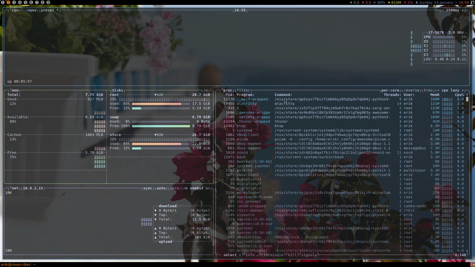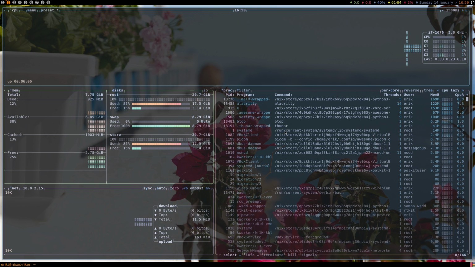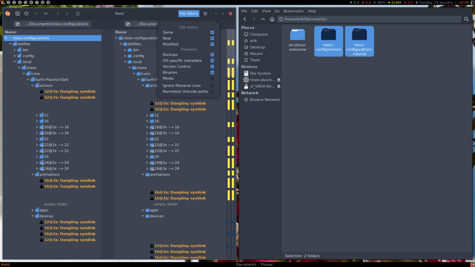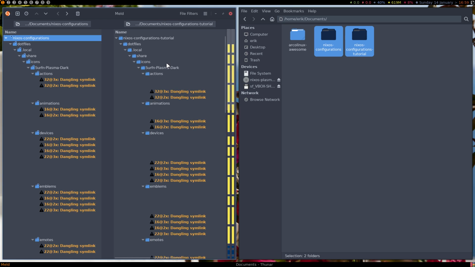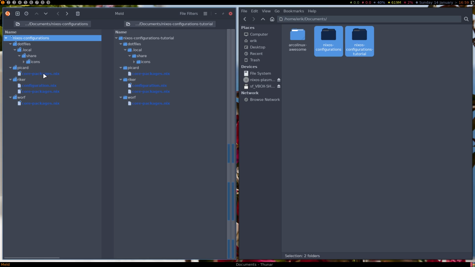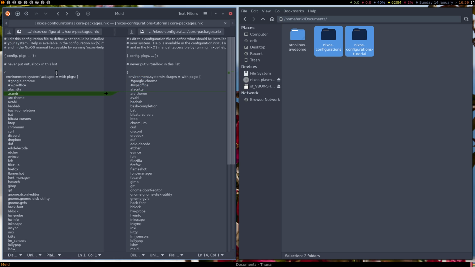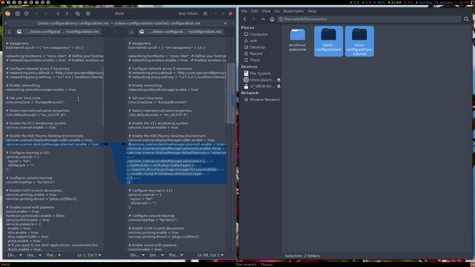So basically none of our applications are in the right places for us Arch users. They're not in the right places. They're inside Nix store and the others are in run. So yeah, it's a bit different, definitely. So the same, we're not interested in the same. Okay. There's some dangling things. That's all about icons. We don't care about icons. It's this, right? The core packs, a render. In my copy paste there, it's not yet in. These are the lines we've done. So this is getting Plasma back, and this is getting